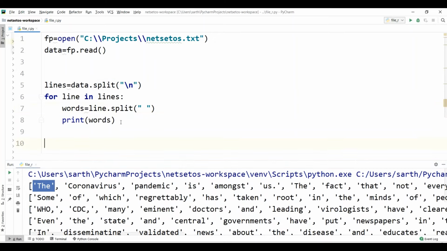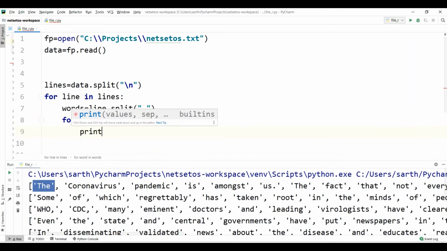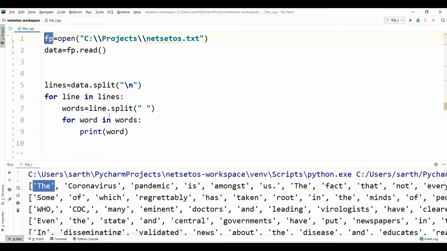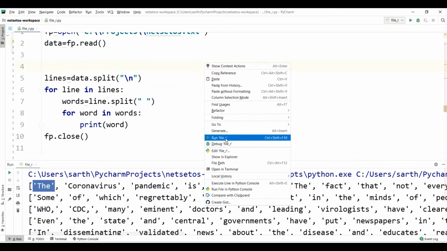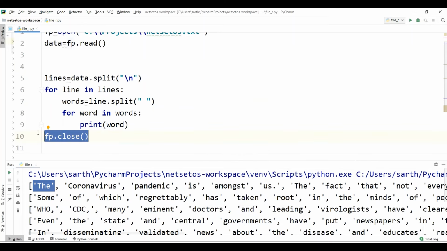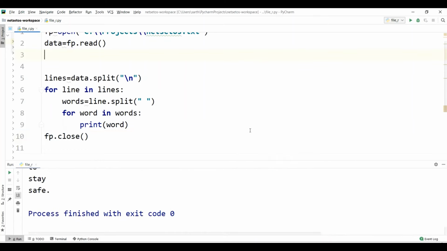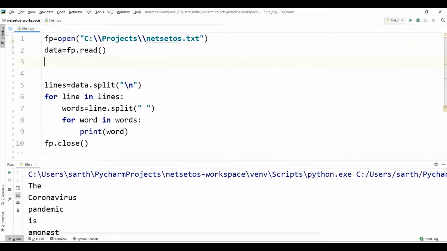Now if I want these words on different lines, I will iterate: for word in words, print word. But first of all, as I am using fp, I am supposed to close this file, and we are supposed to do this at the start so that we never forget it. When I run this, I get every word on a different line. So this is how you can perform file operations.